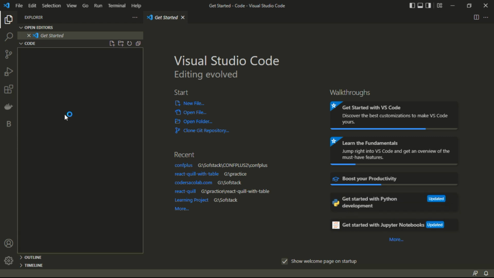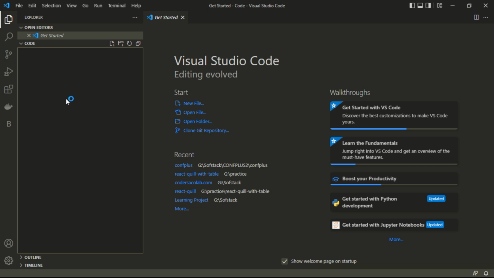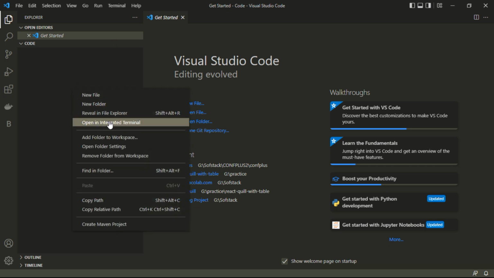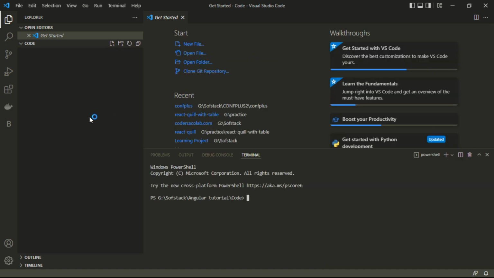In here, first of all, what we need to do is right click on this empty space and click on open in integrated terminal. What it will do is open an integrated terminal window inside Visual Studio Code for this directory. And after that, for creating Angular commands, the easiest way is to first